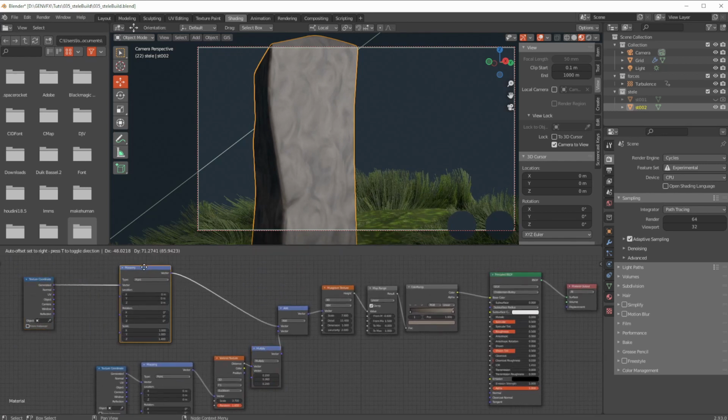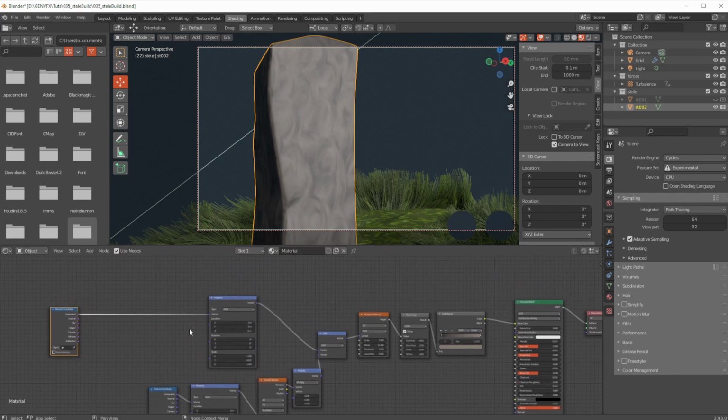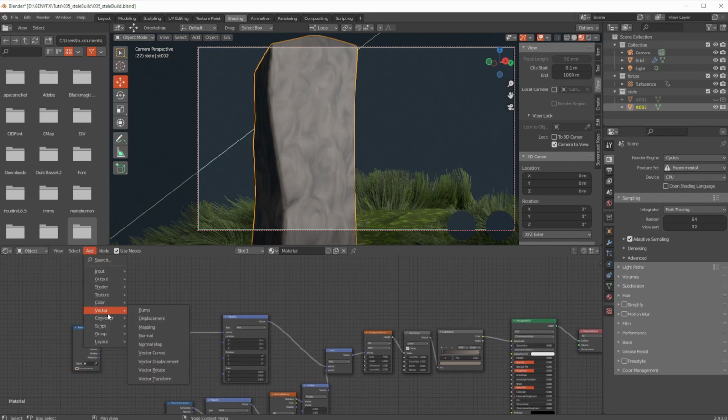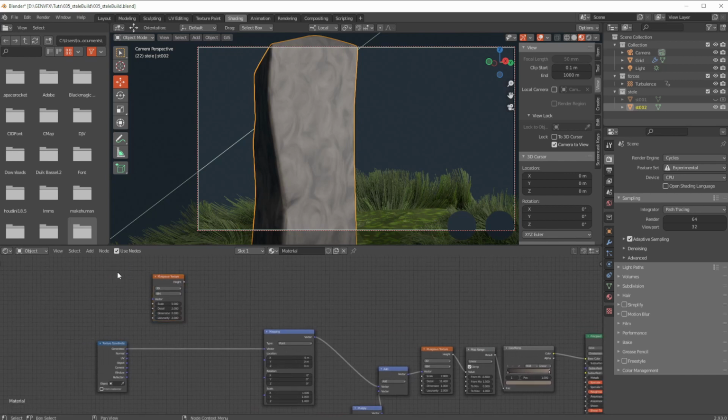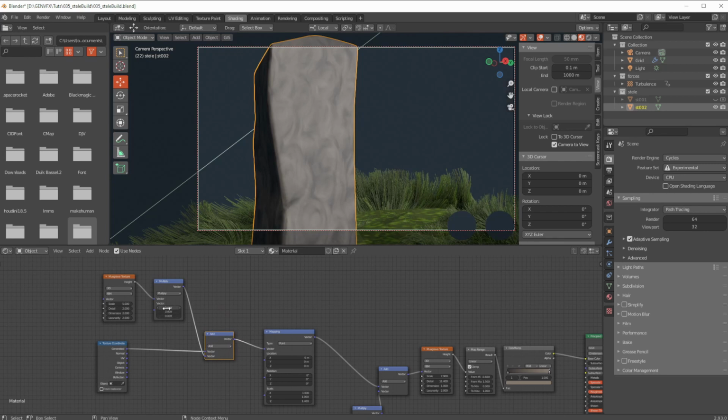But what I really want to do is add a little bit more in here still of something else. So I'm going to pull up in this gap here, and let's add another Musgrave just in here and do the same sort of thing. We're going to add vector math to this, which we will turn into a multiply so we can control how much of that we have coming out of it. And then we'll add another vector math on top of that, which will pop in here and pop that into there. So we're just manipulating that with this one. So if I just now increase this,